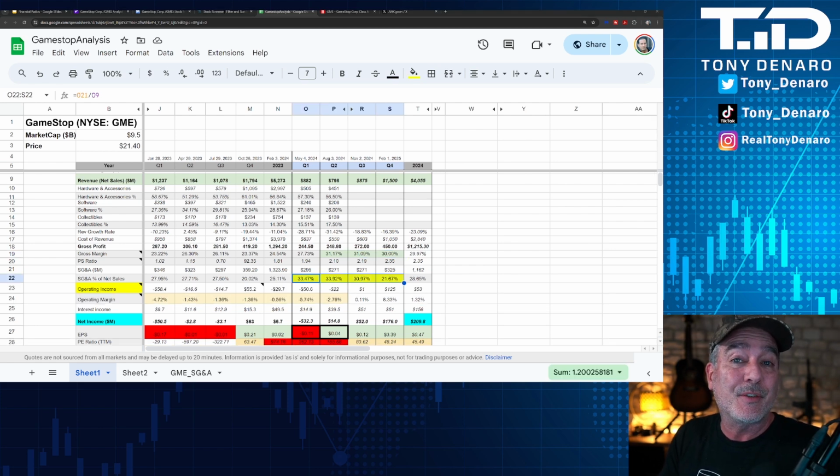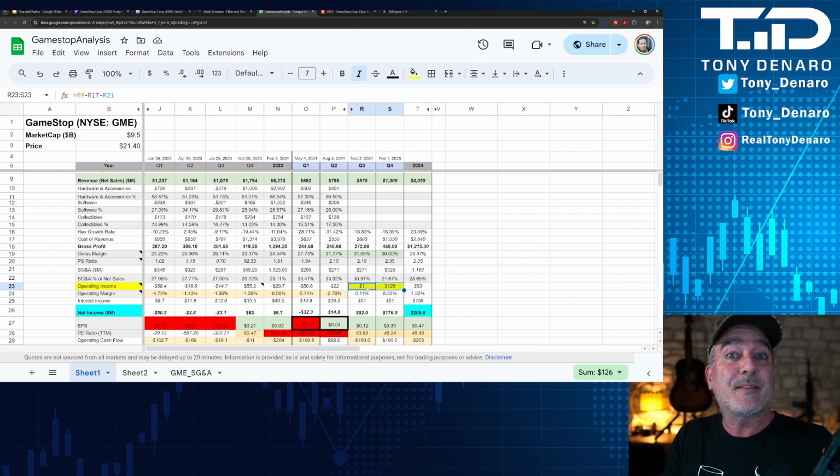SG&A cost as a percentage of net sales has been creeping up this year in Q1 and Q2 relative to the percentage of net sales in 2023, but we're going to be even more favorable to GameStop in Q3 and Q4 for the sake of this example, and say that the SG&A percentage of net sales decreases to just under 31% in Q3 and all the way down to 21.6% in Q4. In those scenarios, we have a positive operating income. If all goes this well, $1 million positive operating income in Q3 and $125 million positive operating income in Q4. Again, this is just an example. These are not my predictions.